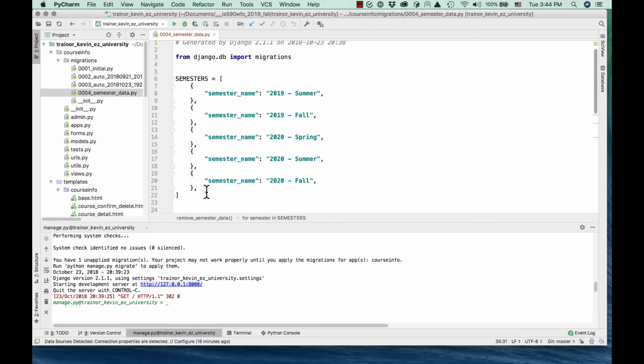Okay, so when I did this the last time, I guess I didn't have the summer of oh, yes, I did. This is fine. So we want to add 5: summer and fall 2019, and then spring, summer, and fall 2020. So we want to add all 5 of these. So they're dictionaries. We're saying that what we're trying to populate is the semester name, and the value we're trying to populate it with is